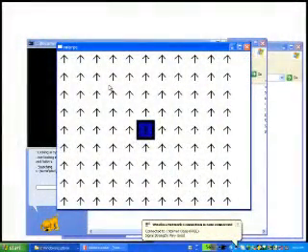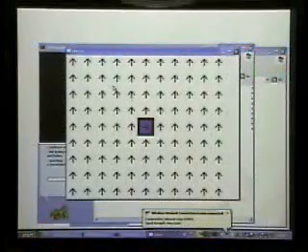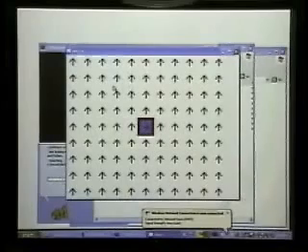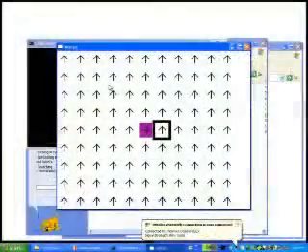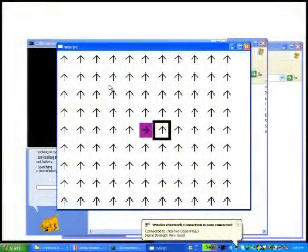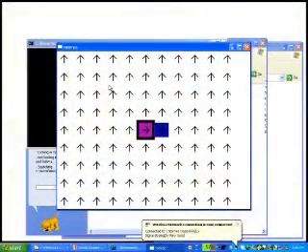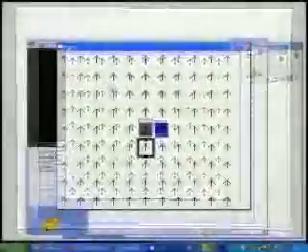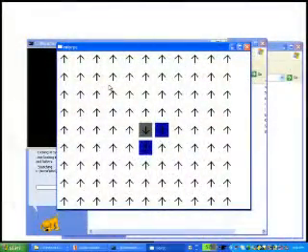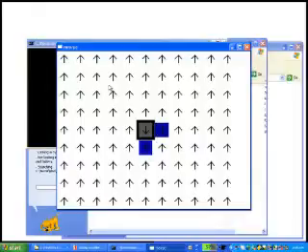So we're going to start with all the rotors pointing north. This black box represents the location of the particle. So the particle rotated the rotor 90 degrees, and now it's going to step in that direction. And it's reached already an unoccupied site, so now that site will become occupied. And now we're going to start a new particle at the origin. It'll rotate the rotor and then step. We start a new particle at the origin, rotate, step,